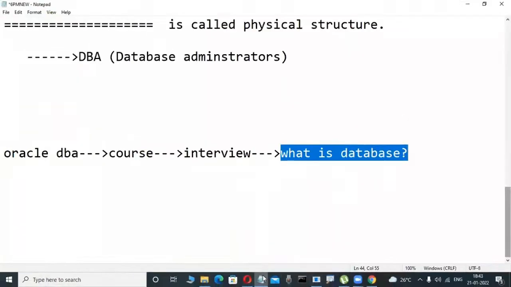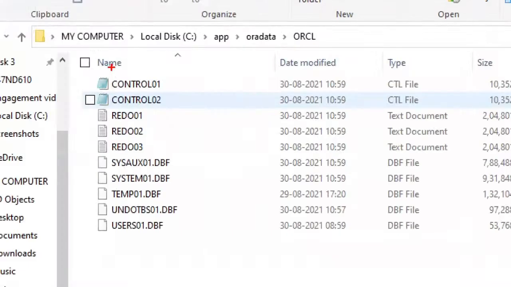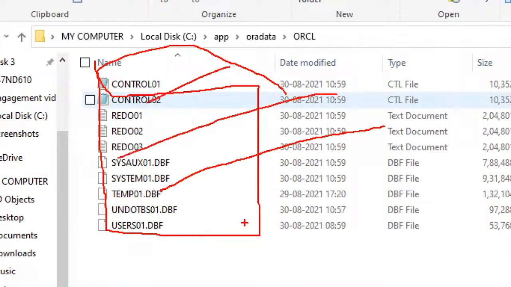Observe here: data files, control files, redo log files are there or not. That's why, what I'm telling, why my database administrator means, what is a database means? It is a collection of data files, control files, redo log files, and that is original. There is a physical phase in a SQL drive, D drive. Really, here only data is stored. That's why when they ask what is a database, the database administrator tells it is the physical side only,